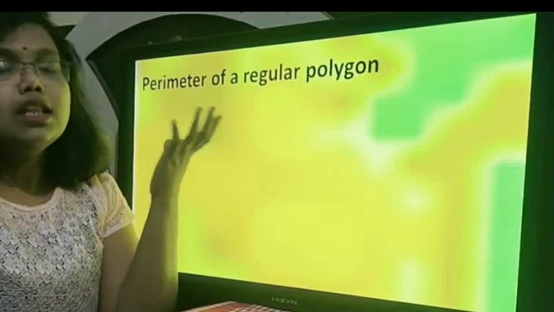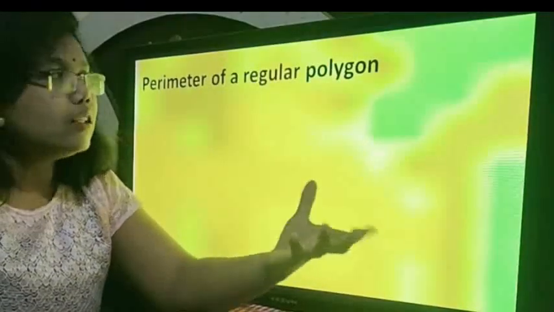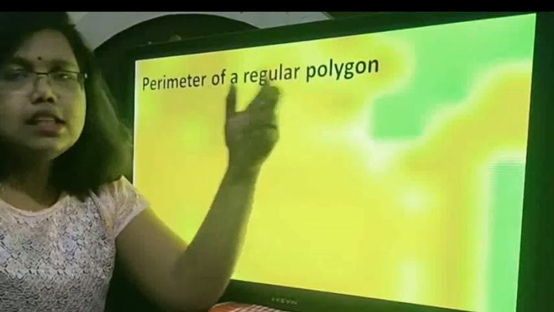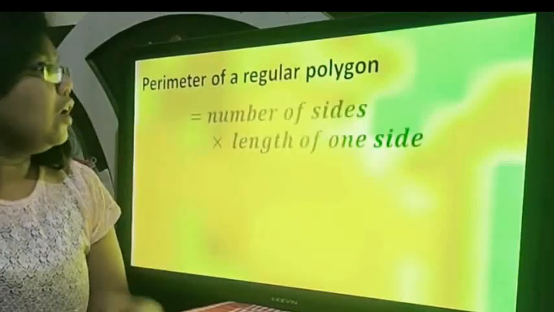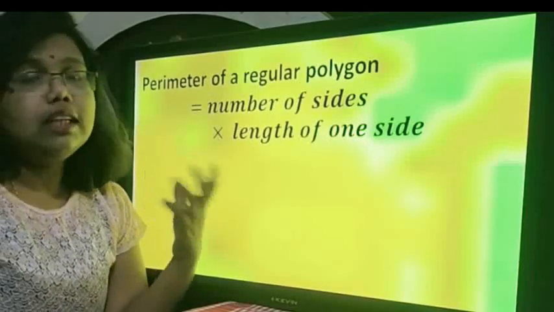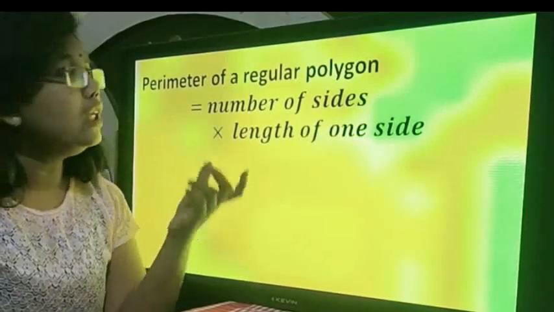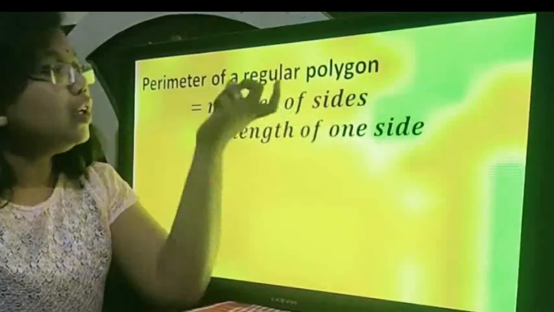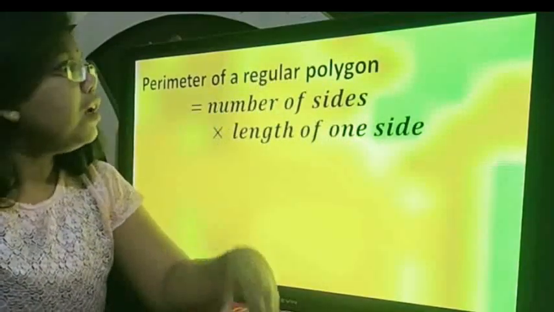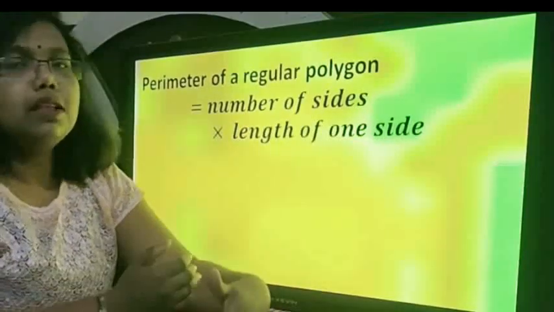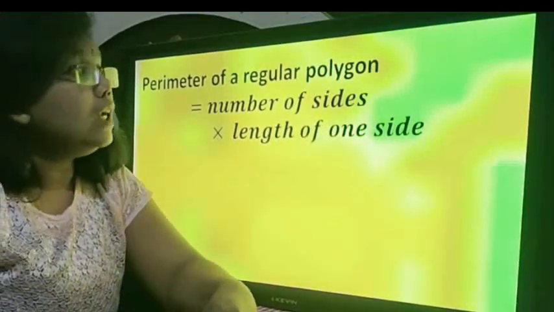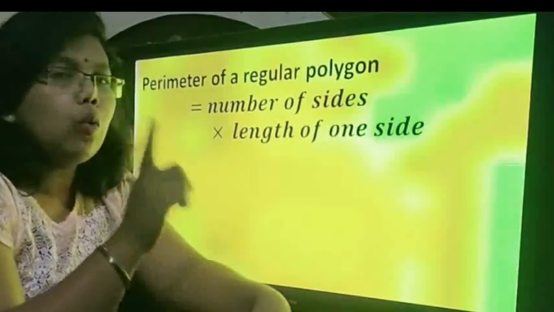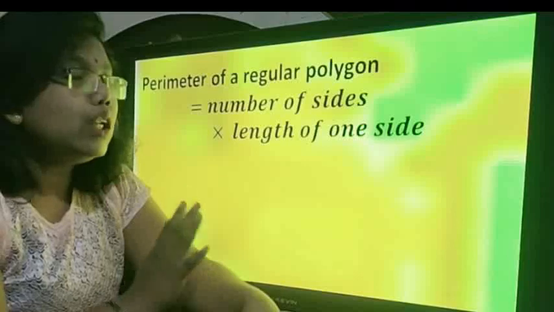Perimeter, the outline, the circumference. Regular, the equality of sides is shown by this word. Polygon, poly as in many and gon as in sides. So polygon. Now the formula which tells us about the perimeter of a polygon is number of sides multiplied by length of one side. Now here the word regular comes into effect. We talked about number of sides. There are multiple sides, so you just count the number of sides, and since it is a regular polygon, you just have to multiply it with any one side, the measure of any one side, that's all.